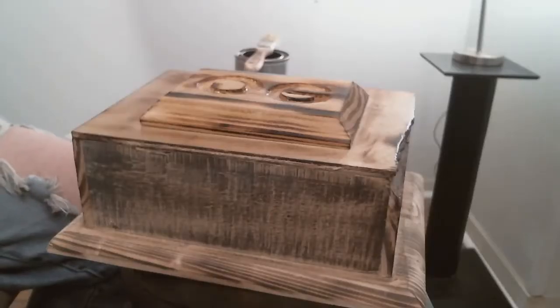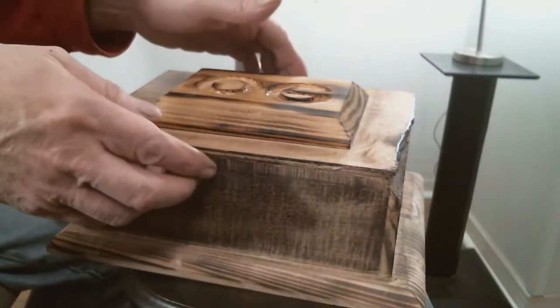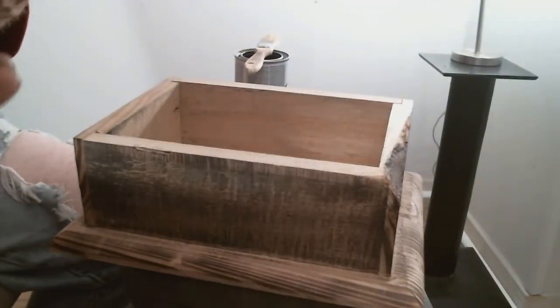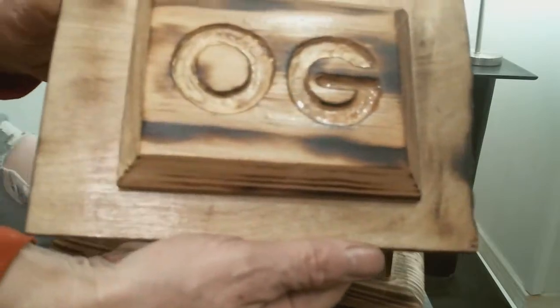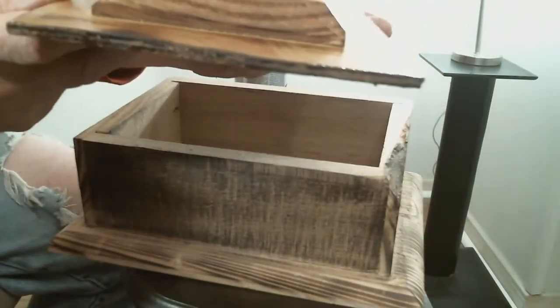Well, about an hour has passed, and if you hear a little noise behind me, that's because I've got the fan running. It's a little chilly to do that, but I've got to ventilate this place. It's getting a little toxic in here. But this is what I've got so far, and I'm not really sure if you can tell, but the first